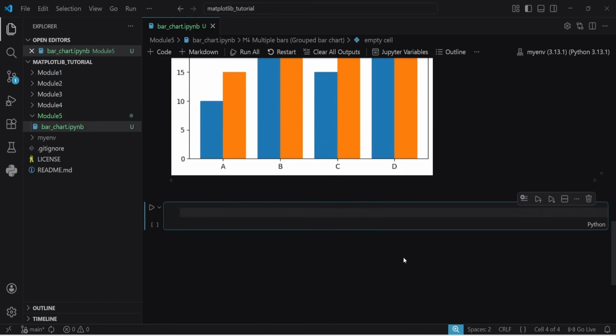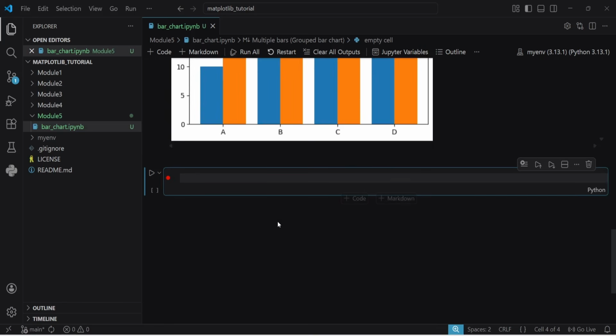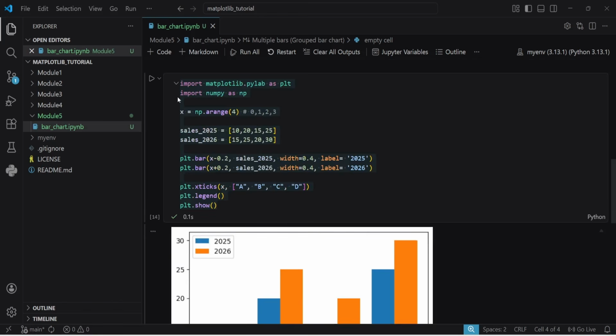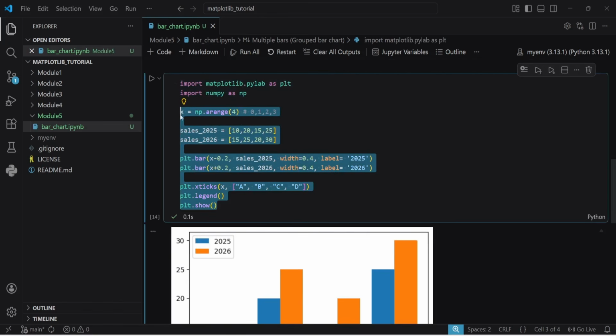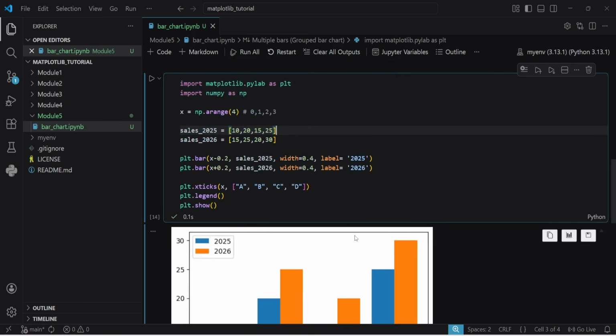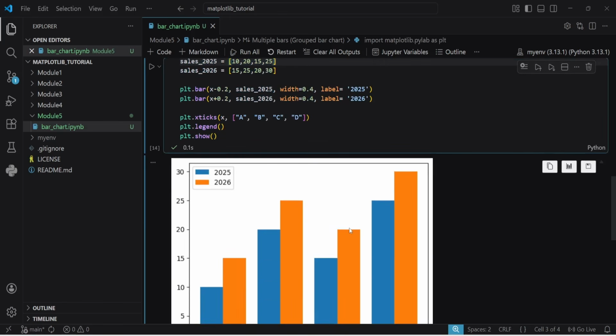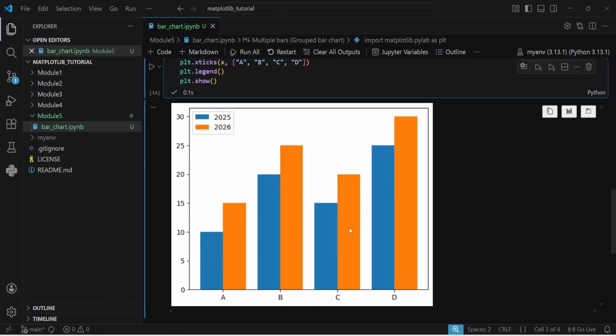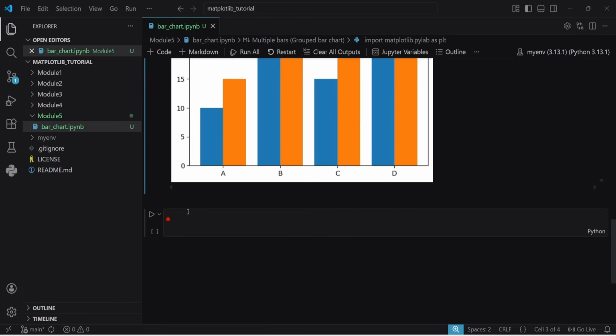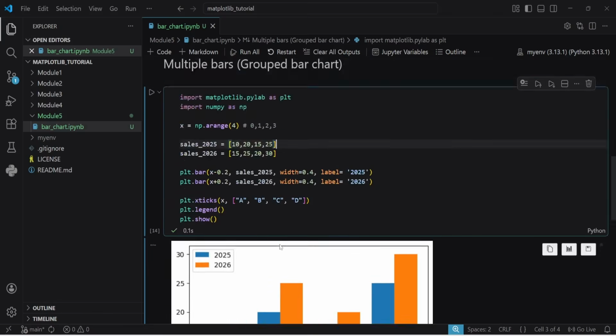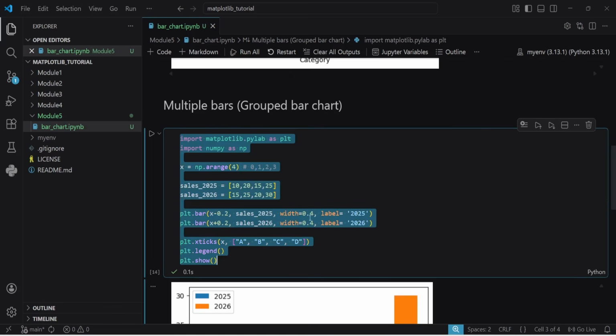Now next, as slowly we are entering into the advanced part, it is always recommended to use the object oriented approach, which is the new approach. See, these all are traditional approach, the old approach. But the new approach is called object oriented approach, and that is axes and subplots. Okay, so if I consider the same example,